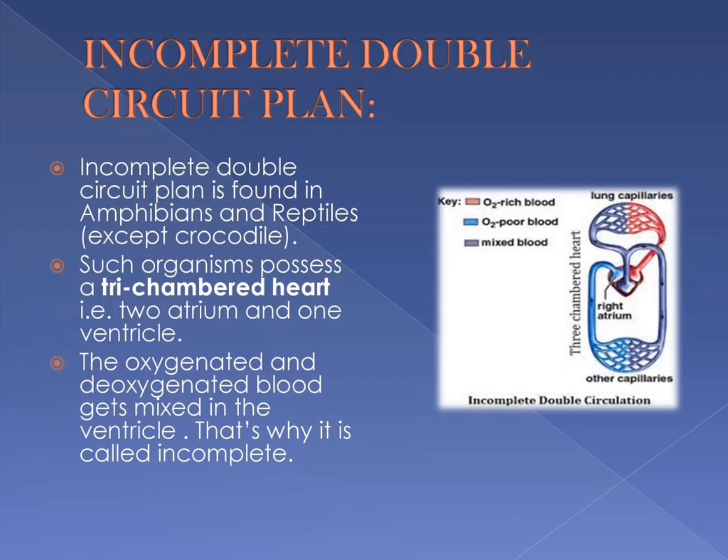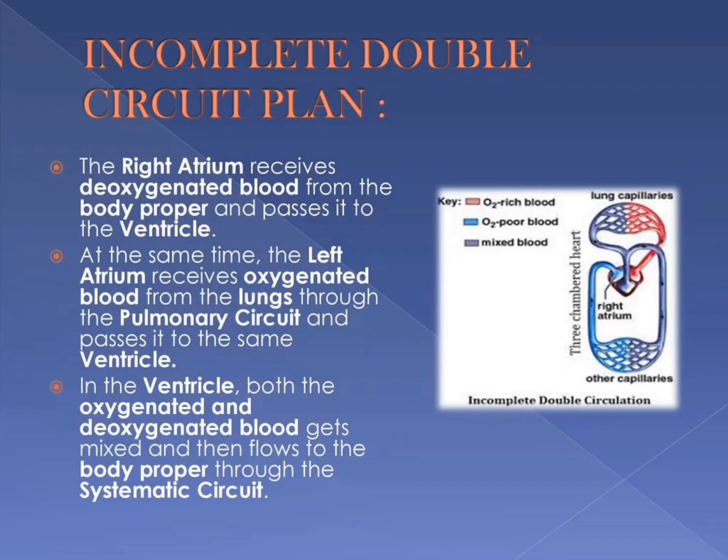The tri-chambered heart works by receiving blood from the body and pumping it through the lungs for oxygenation, then circulating the oxygenated blood back to the body. In a tri-chambered heart, the two atria receive blood from different parts of the body. The right atrium receives deoxygenated blood from the body, while the left atrium receives oxygenated blood from the lungs. The atria contract simultaneously, pushing the blood into the ventricle. The single ventricle then pumps the mixed blood to both the lungs and the body.